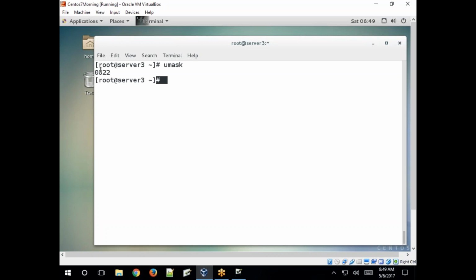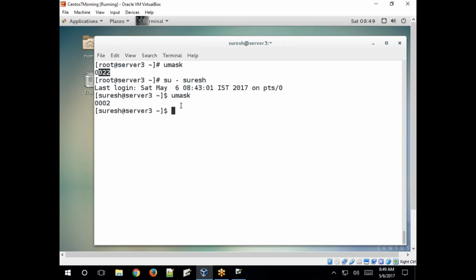So for the administrative user account root, the default mask value is 022. For a normal user account, see umask: 002. 002 for a normal user account. Clear?